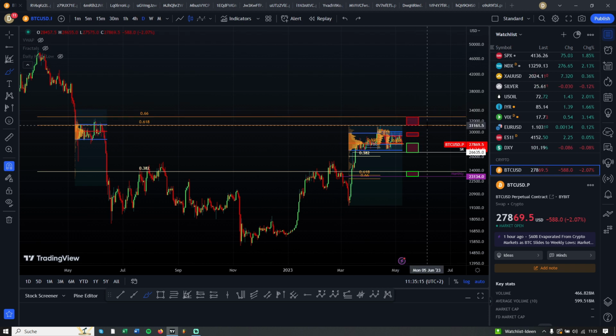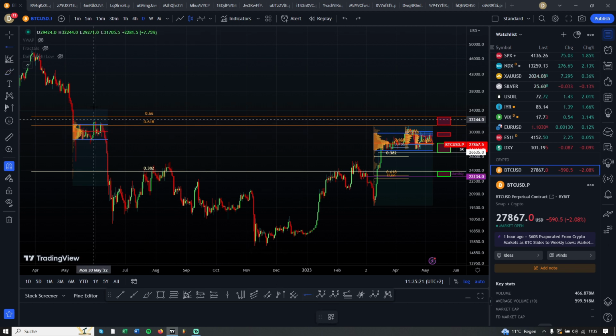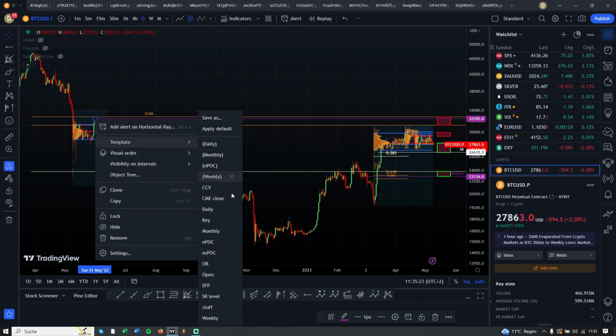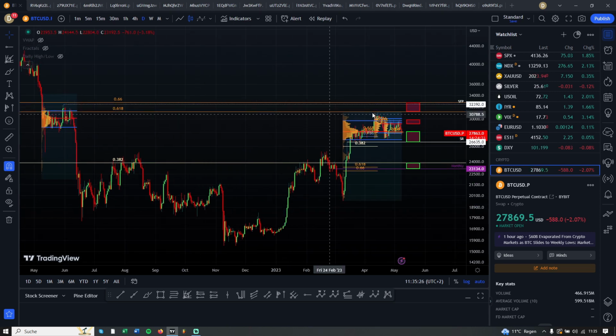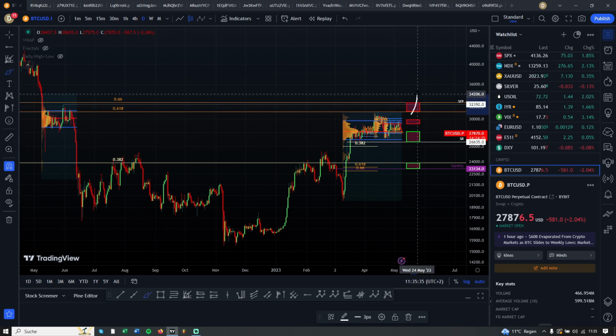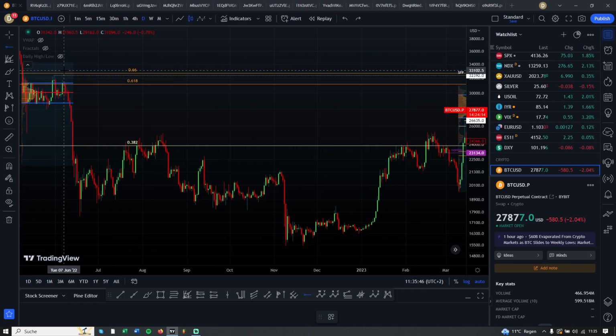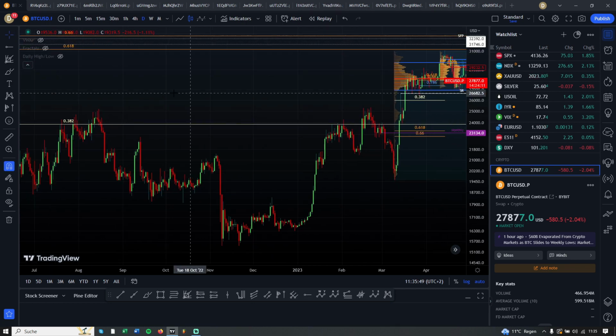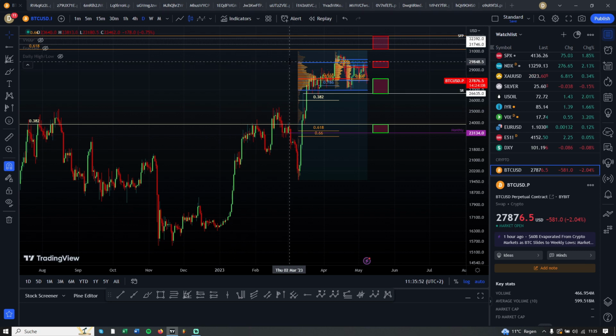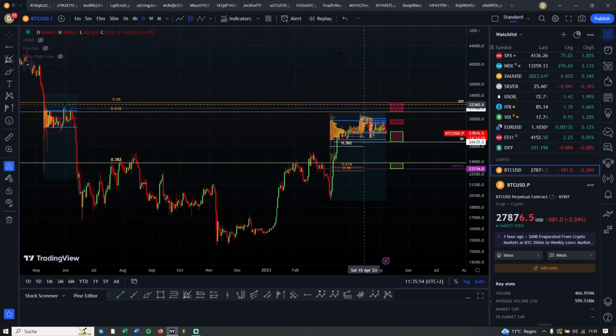And why would I love another push above 30k? Well, because this high from the last range here is not taken out yet. We could still get a swing failure pattern, which is also a term used in CC. That means getting above a level and then getting below it quickly again. So that will be possible. We have not taken out this high yet. We have not even taken out this low high here, also still intact. Yeah, we could take out these,